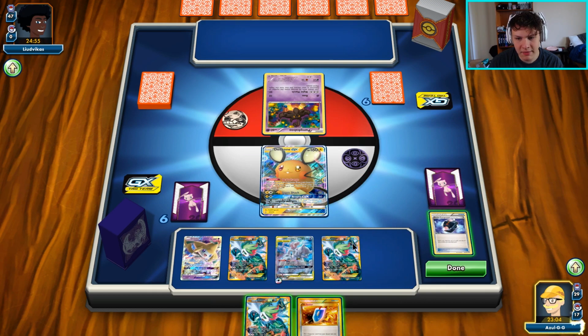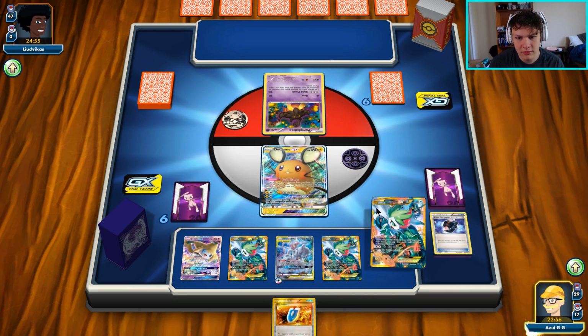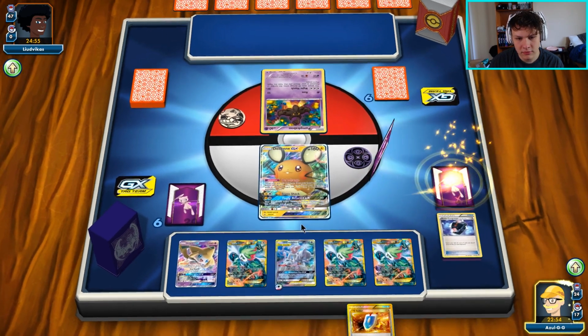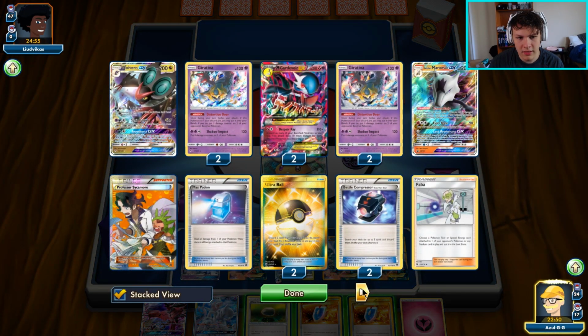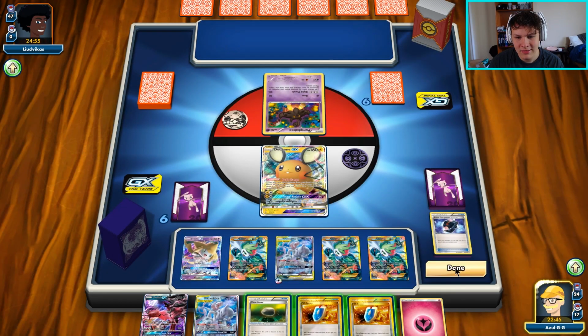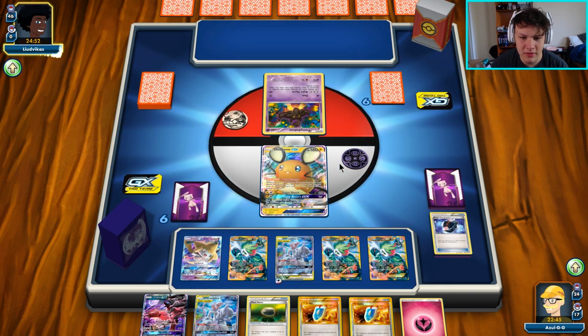I kind of need to save bench to have 2 Mewtwo in play. Well, not really, because I have the Jirachi, so I guess I could just set up here again, actually. Yeah. We could just put the Float Stone there, the Float Stone for the Jirachi for next turn. And pass over to our opponent. Yeah, so it's going to be the Float Stone onto the Jirachi as our pivot, and we'll discard all these